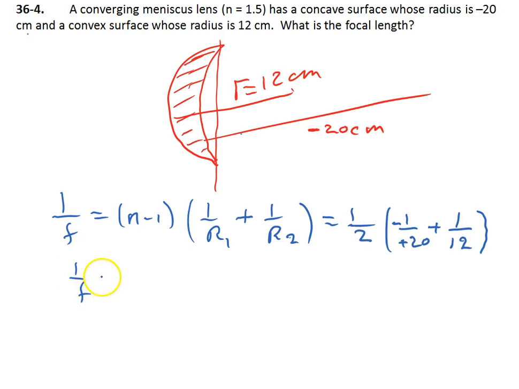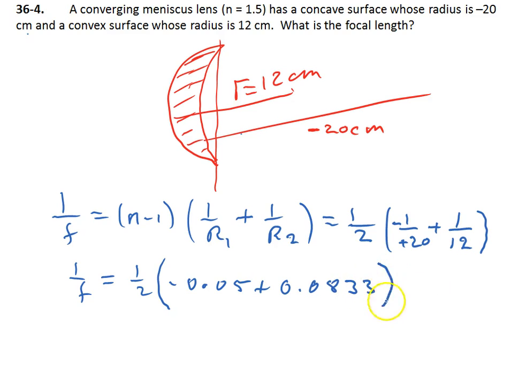So we have 1 over f equals a half times minus 1 over 20 is minus 0.05 plus 1 over 12 is 0.0833 recurring. So 0.0833 recurring minus 0.05 times half, and then we find that 1 over f equals 0.0166 recurring, and therefore multiplying both sides by f,